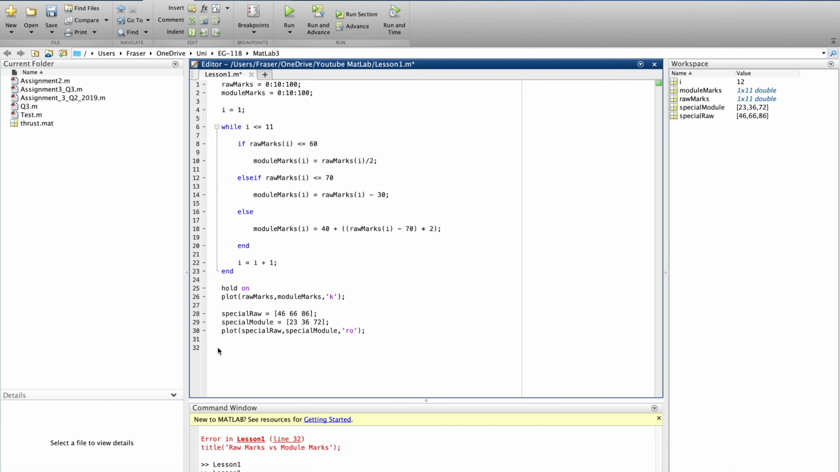Okay, so now we need to annotate the graphs and title. Very simple. You literally just put title, what you want the title to be. In brackets, again, it's text, so you need to put it in apostrophes. And the title is going to be raw marks versus module marks. Now, what label do we want on the x-axis? Super simple. X label. Again, like the title,